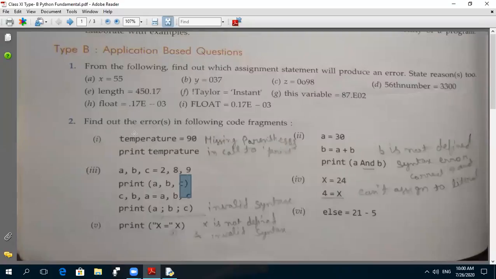Is it clear or not? Yes, sir. Reply yes fast, beta, because we have lots of questions. I want to complete type B questions today only. Then second part,